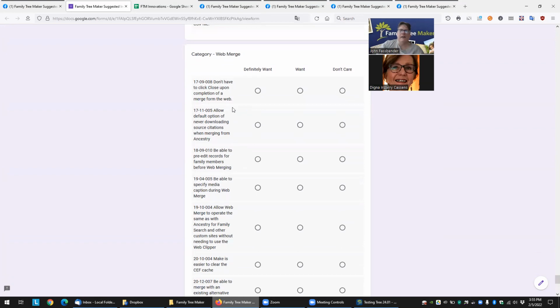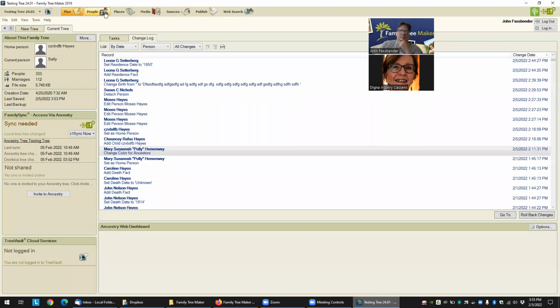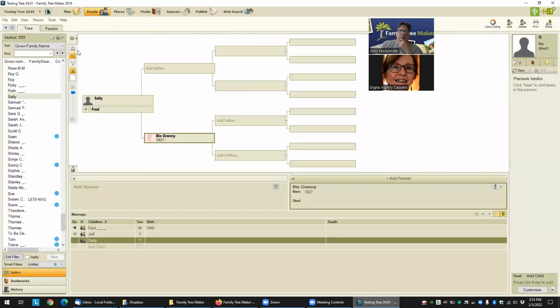So web merge now. When you merge something, it'll always say, okay, done. So you have to click OK before you go on to something else, just to do away with that. Have an option to always default to never download a source citation, because right now when you do,